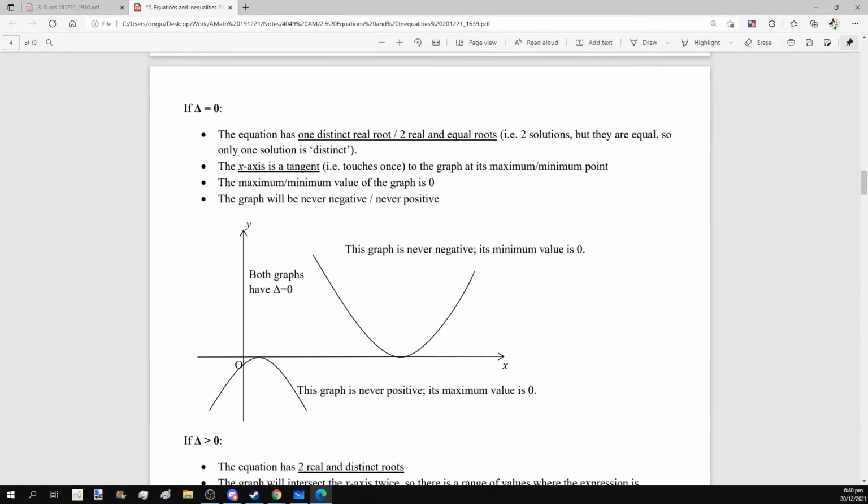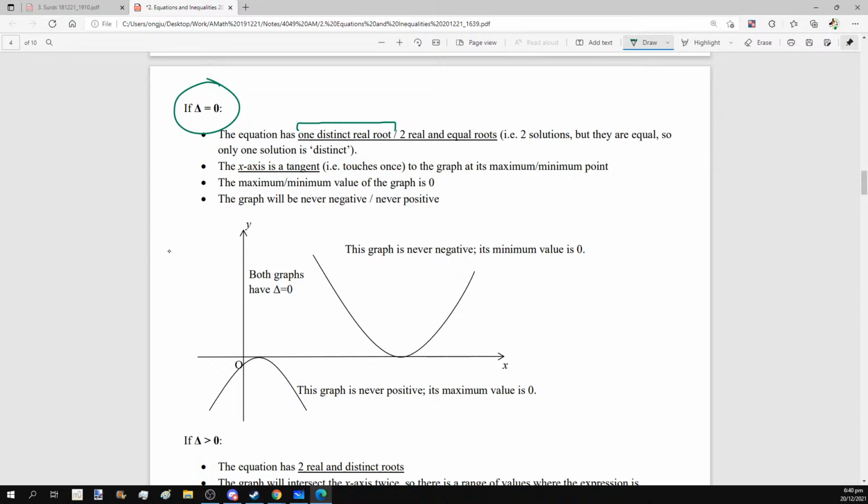Now, there are two other situations. One of them is where the discriminant is equal to 0. If it is equal to 0, what this means is that we have one distinct real root. In other words, only one unique solution. So as an example,